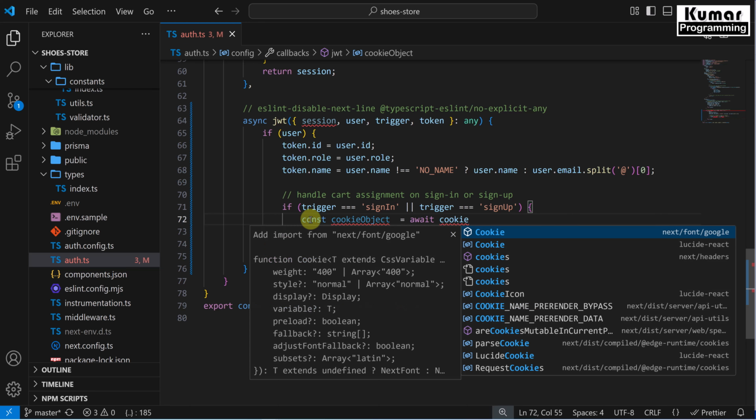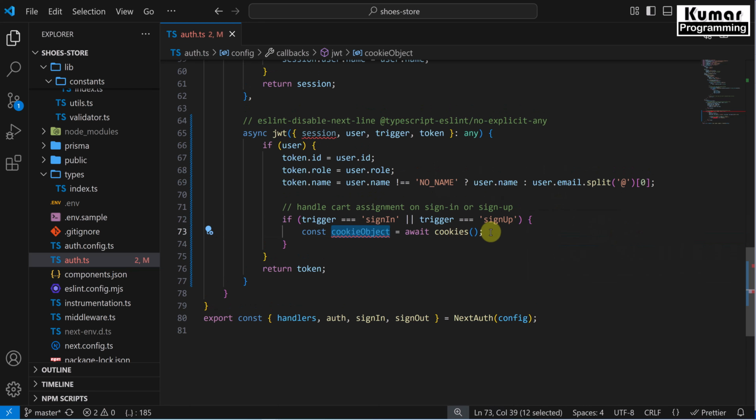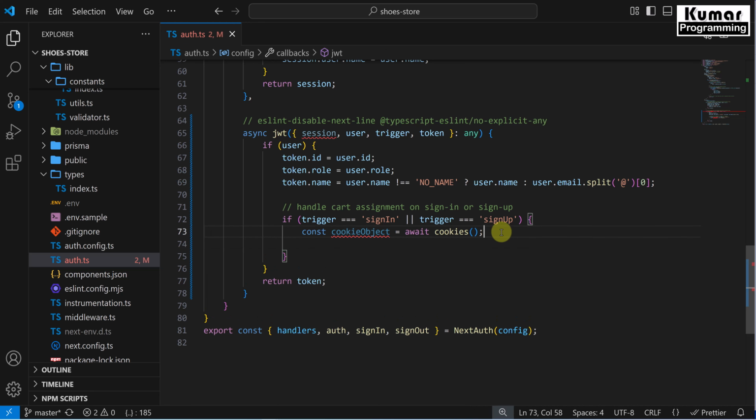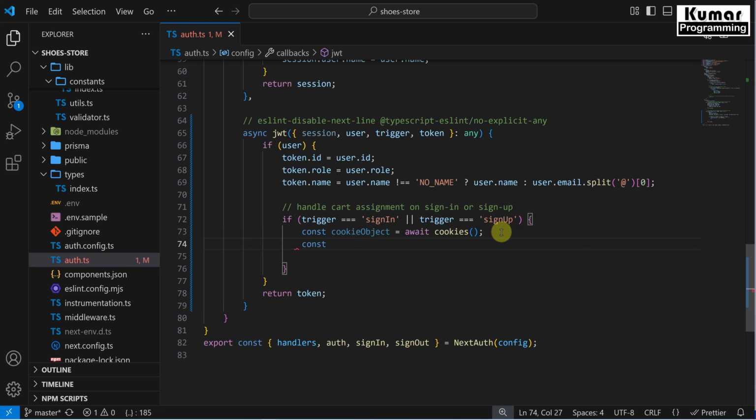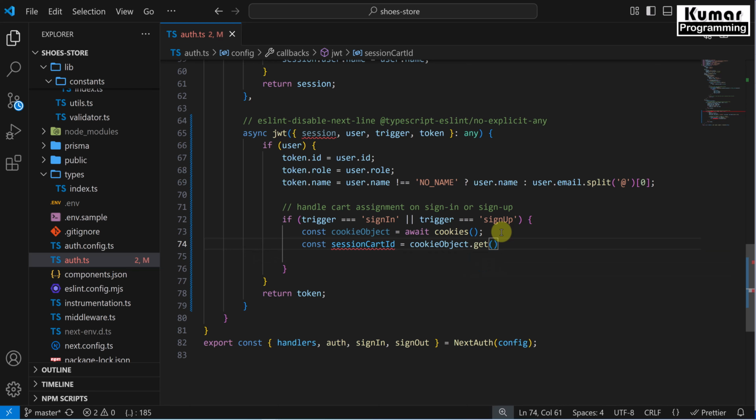So await cookies, right? And this cookies is coming from our next header. So let's import it, and this can be imported from next header. Now here we have our cookie object, and from this cookie object we can get our sessionCartId, right? Because sessionCartId is available inside our cookie object. So here const sessionCartId equal to cookie object dot get, right? So we have this cookie object dot get, and we know that we have given our cookie ID as a sessionCartId, and here we have dot